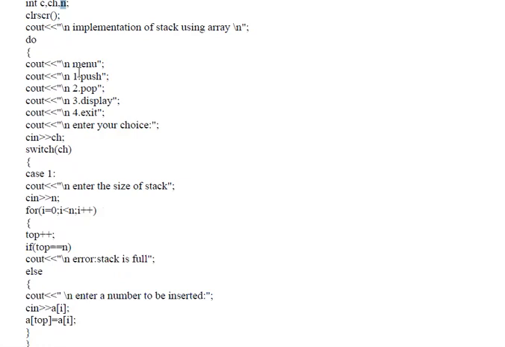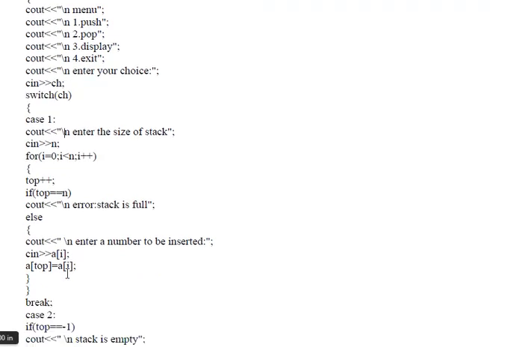So in the do while statement, we have to display the stack values one by one. We have to print the menu: push, pop, display and exit. Using the switch statement, in case 1, we use a for loop to check whether the stack is full or not.